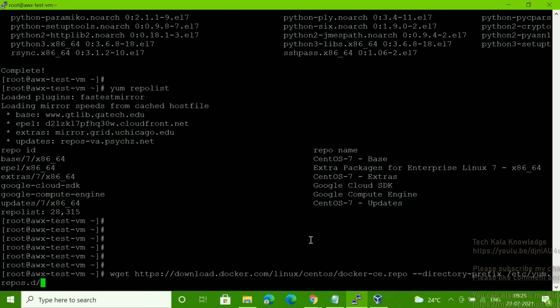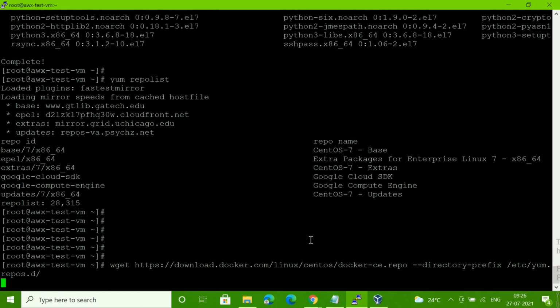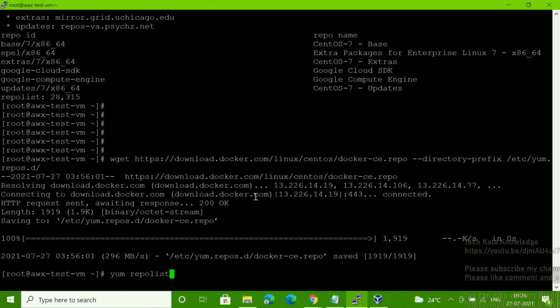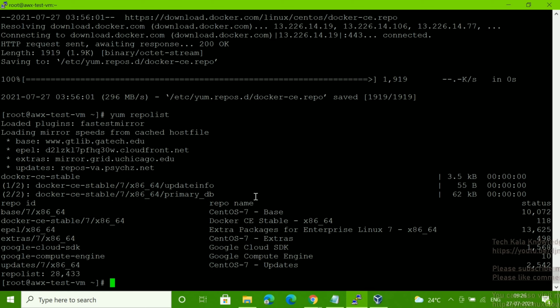Yeah. So you have to run this command wget, okay, and download that one. So let me run this one. Fine. Now if you run this yum repolist, you can see now Docker repo is enabled.